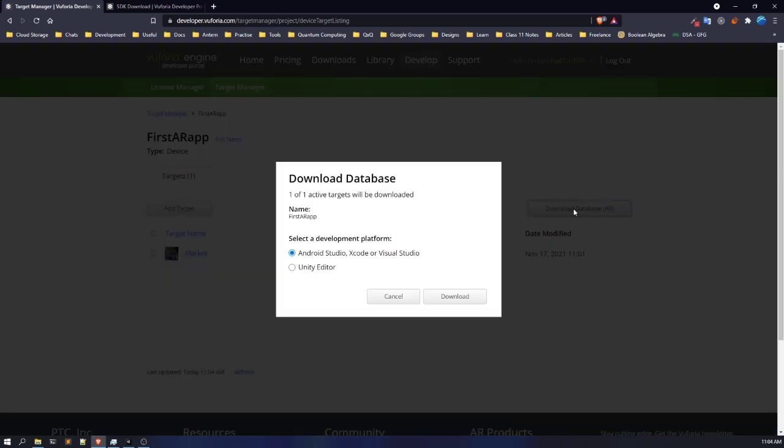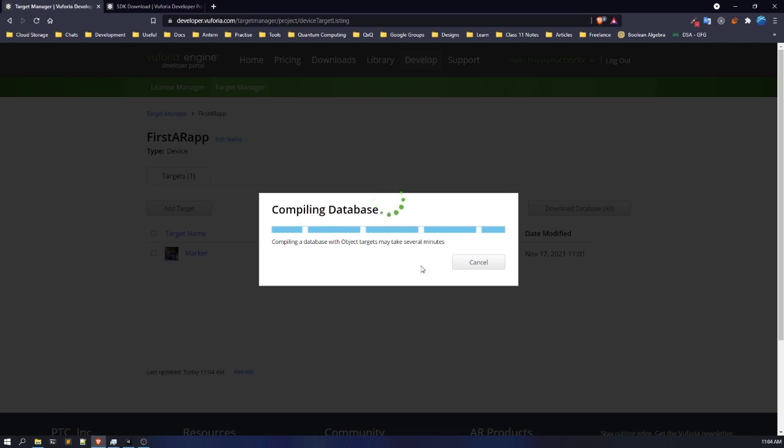Here you are going to find two options, that is Android Studio Export or Visual Studio. But of course, we aren't working on any of them, so we are going to choose Unity Editor. We are going to choose this Unity Editor and then simply click on download. So it is compiling our database as of now. After it is done compiling,